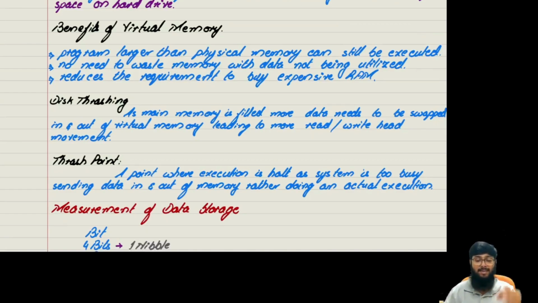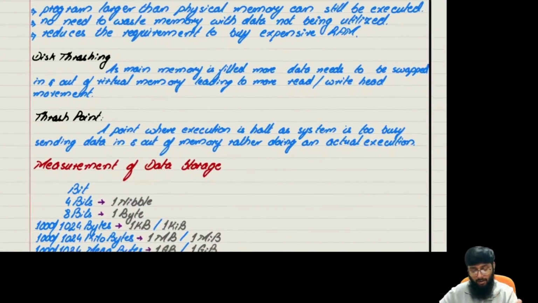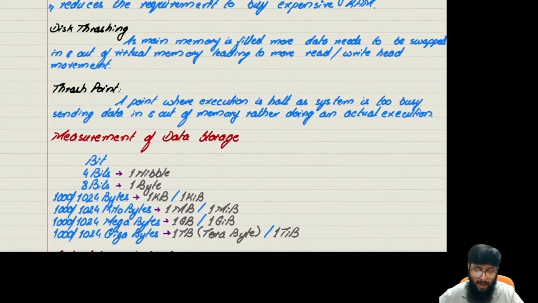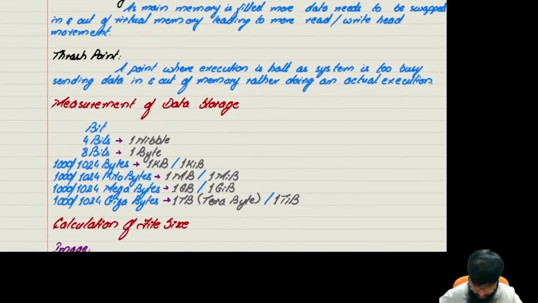So that place is actually known as a threshold point. Now further on, we will be moving towards the memory data storage. Now what is the memory data storage? Memory data storage is something in which we will be learning about the units that we will be utilizing